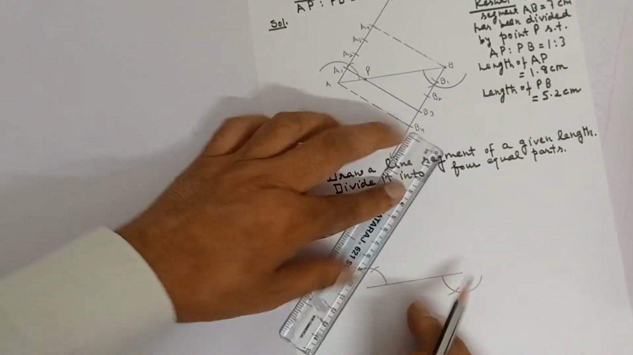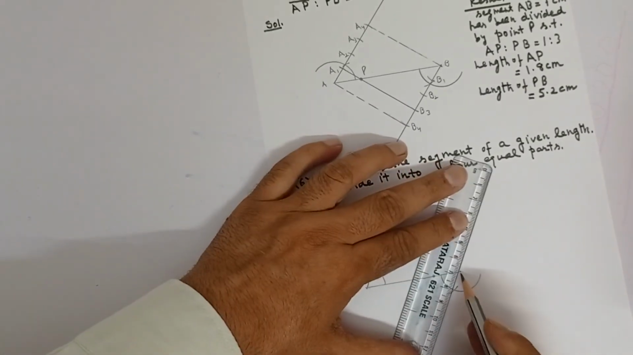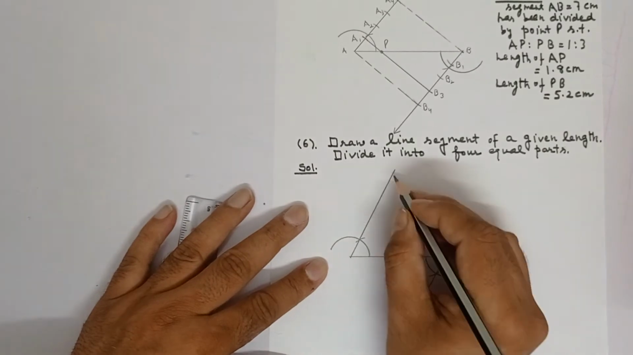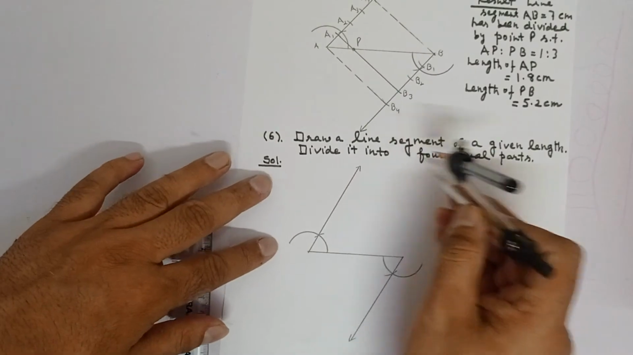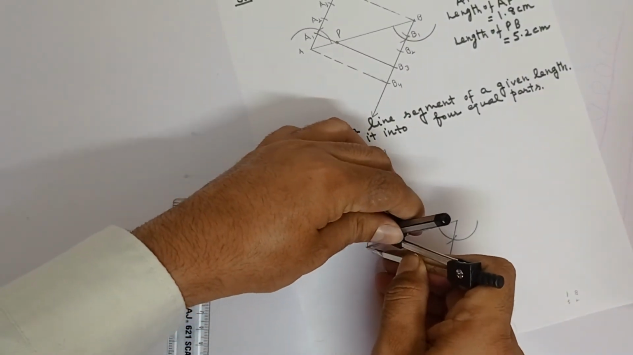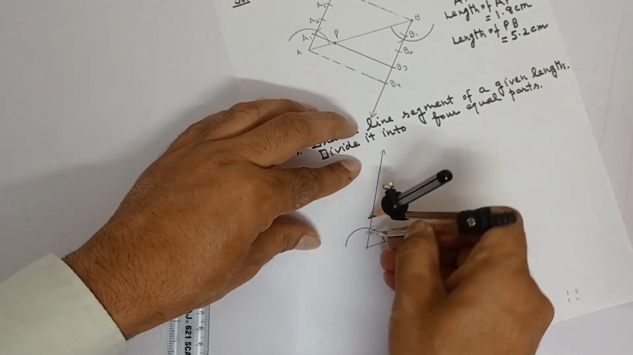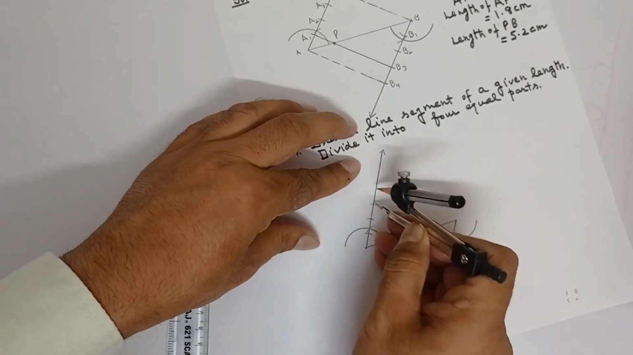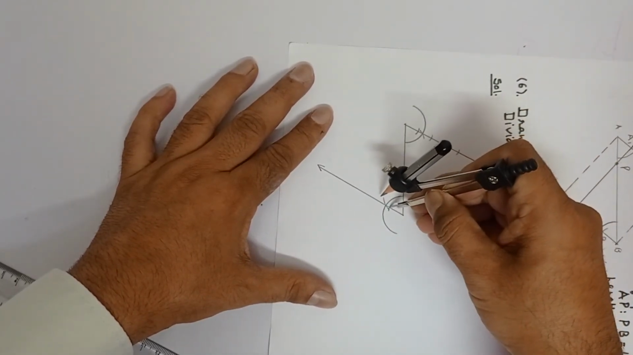Now you can extend these, this also, arrow here, arrow here. Now how many arcs you are to cut? 4. So I am just minimizing the compass. 1, 2, 3 and 4. Here also you make 4. This is 1, 2,